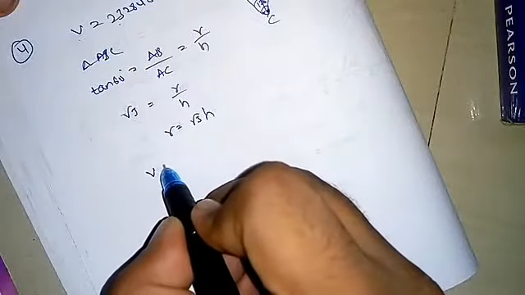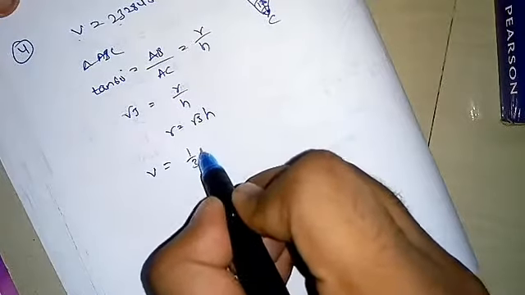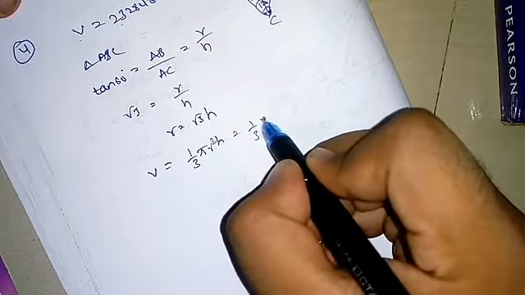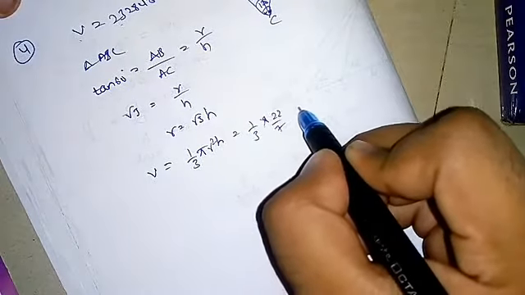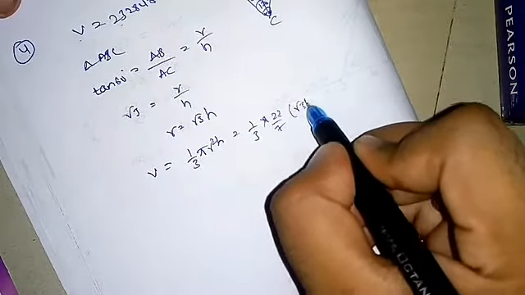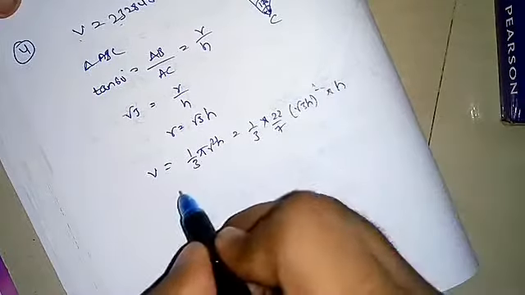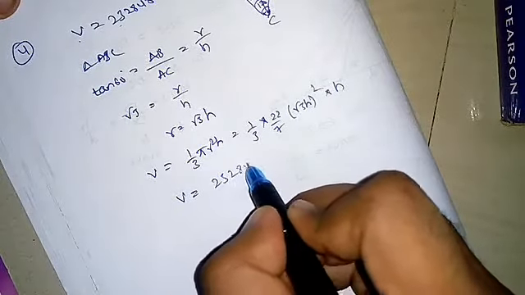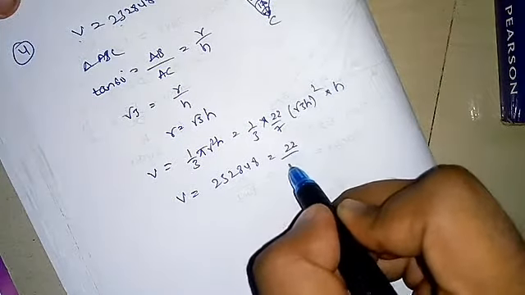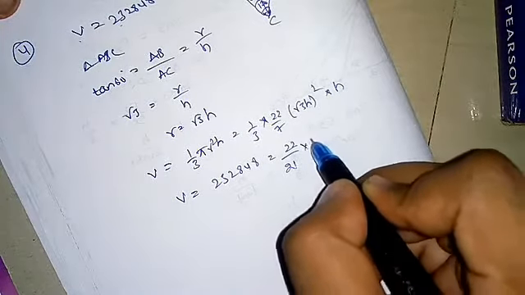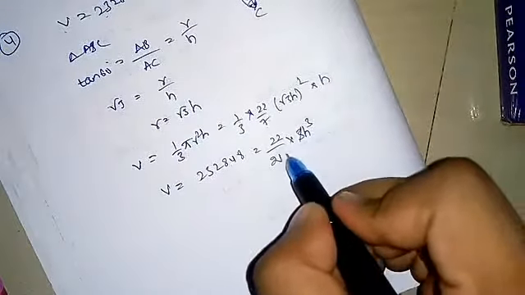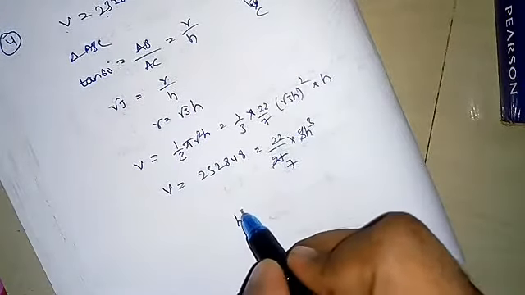Volume of cone is 1 by 3 pi R square H, which is equal to 1 by 3 into 22 by 7 into R square, which is root 3 H whole square, into H. Therefore V, which is 232848, is equal to 22 by 21 into 3 H square into H, so 3 H cube. We can cancel 3 by 3 and 7. So H cube is equal to